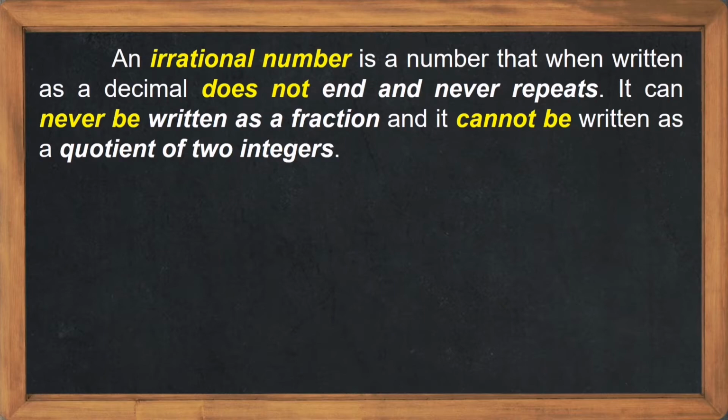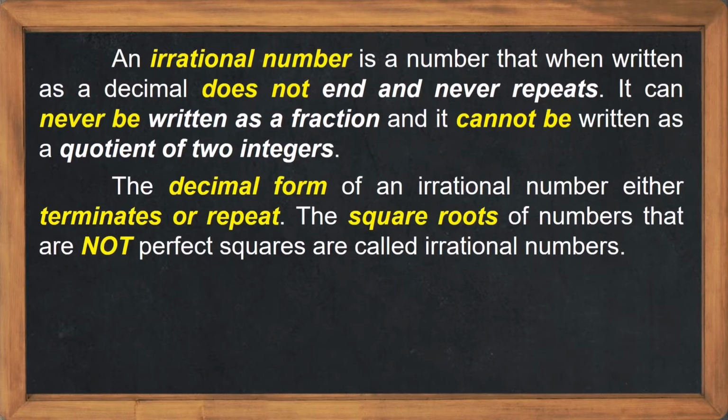An irrational number is a number that, when written as a decimal, does not end and never repeats. It can never be written as a fraction, and it cannot be written as a quotient of two integers. The decimal form of an irrational number neither terminates nor repeats. The square roots of numbers that are not perfect squares are called irrational numbers. Examples are: